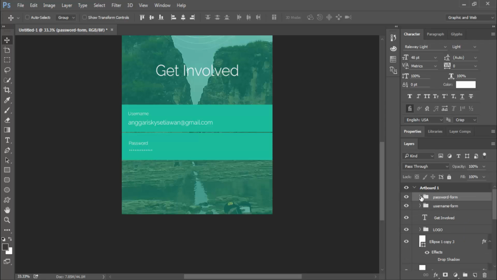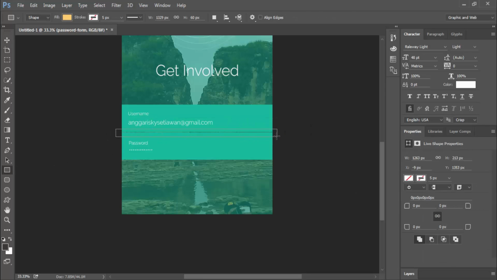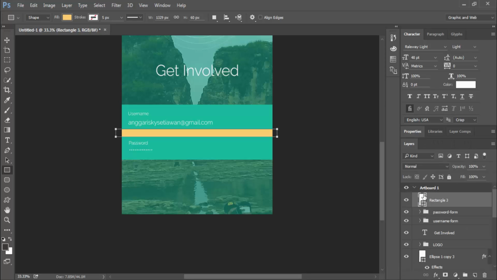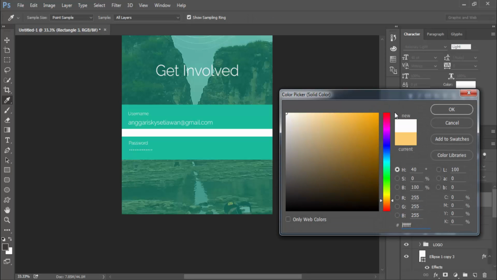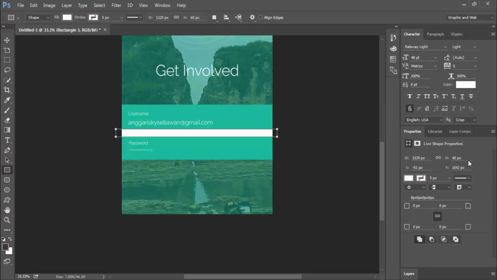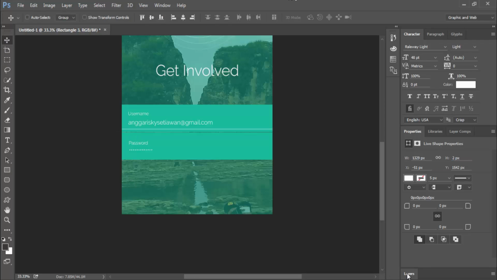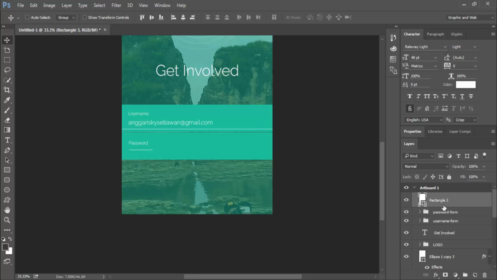And I will give the divider right here using the rounded rectangle tool, name it divider, change the color to white, and set the height to 2 pixels. Like this guys.